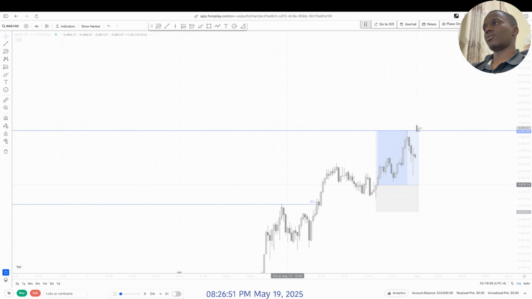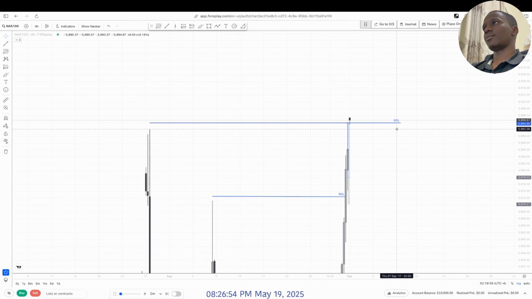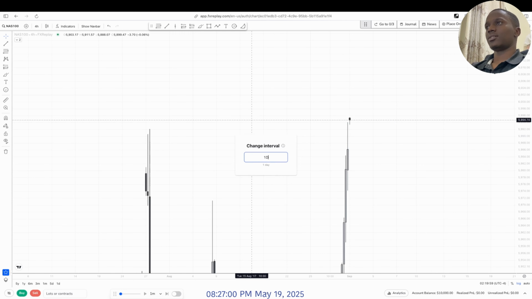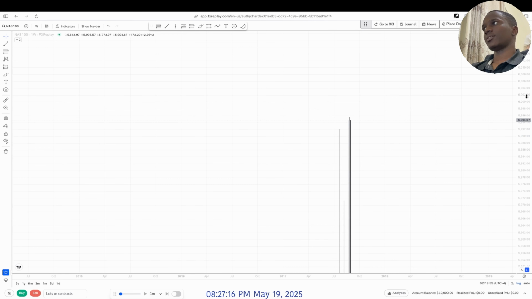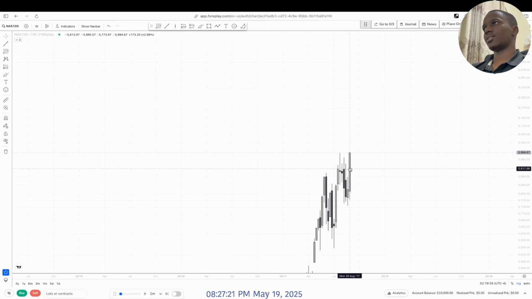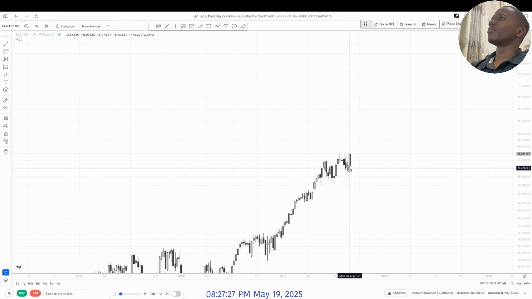Alright, so let's go to the 4 hour now. You can see that there is, let's remove some drawings. On the one day, you can see that we opened up on Friday, creating a volume imbalance here, and got the weekly. You can see that this week is a really big candle. It has its high right here and its low there. So we're having a bullish narrative.